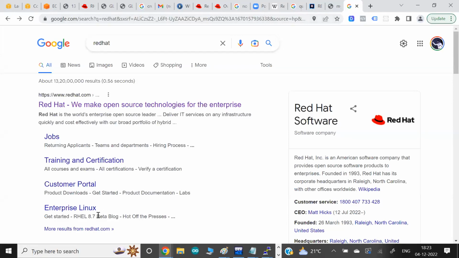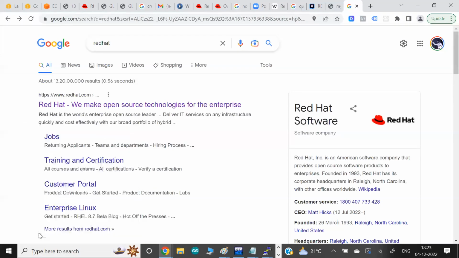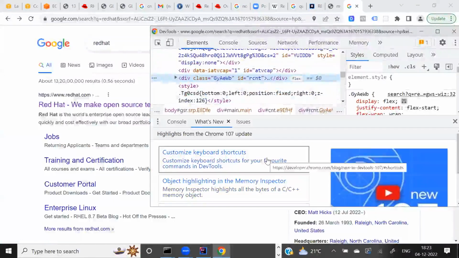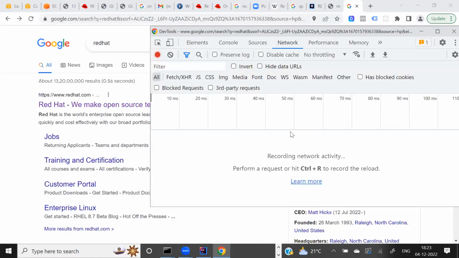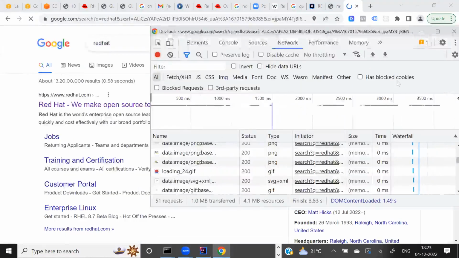However, normally in the browser, if you right-click, you can go to Inspect. In Inspect there's the developer tool that opens, and there's an option called Network. If you refresh and press enter, a lot of information will come up.